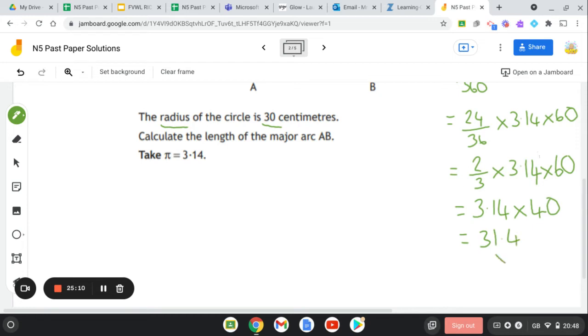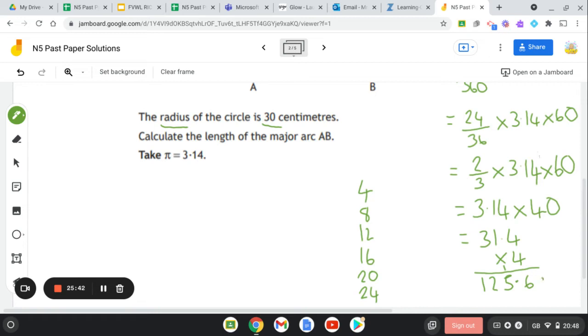31.4 times 4, so I've multiplied it by 10 and I've still to times it by 4. Now, absolutely nothing wrong with just quickly writing out your 4 times table. Sometimes it just helps to relax us a wee bit and to give us a wee bit of focus. So 4 4s, 1, 2, 3, 4 is 16. So 6, carry over the 1. 4 1s is 4, add on the 1 is 5. 4 3s are 12, and that's your final answer,